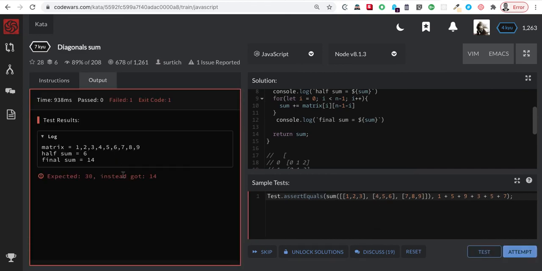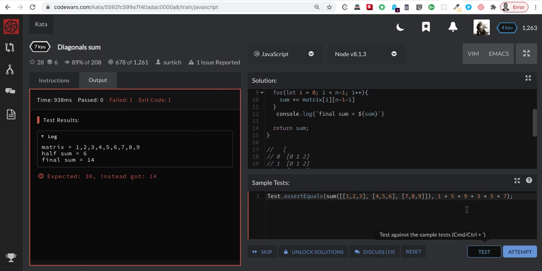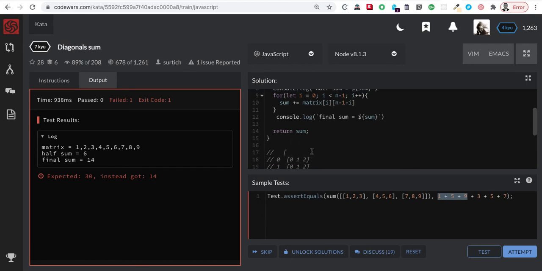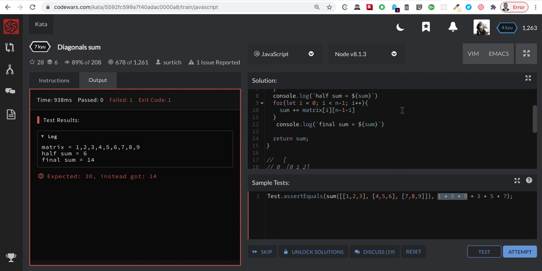Let's go to debug. The first half should give 1 plus 5 plus 9. That's 15. That should be the first half. So yeah,